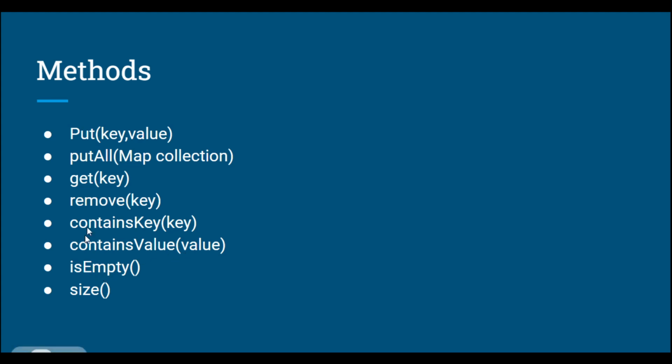The sixth, or seventh, is isEmpty. It will check whether my map is empty or not. If empty, it will give the true value, and if not, it will give the false value. And the last one is size. It will check the length of the map. That is the one thing this method does. It will only check the size of the map. So next